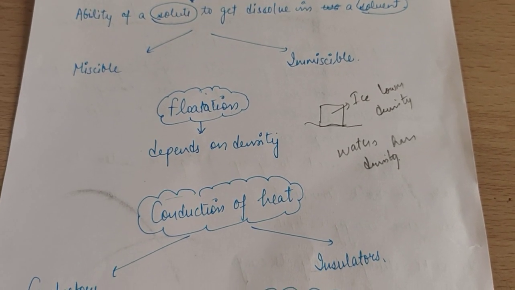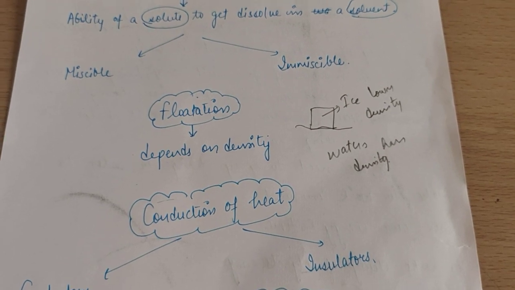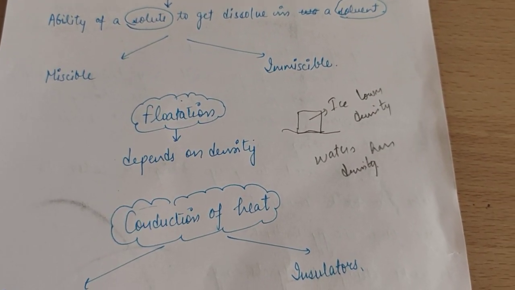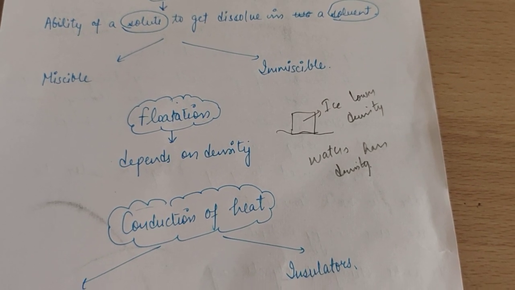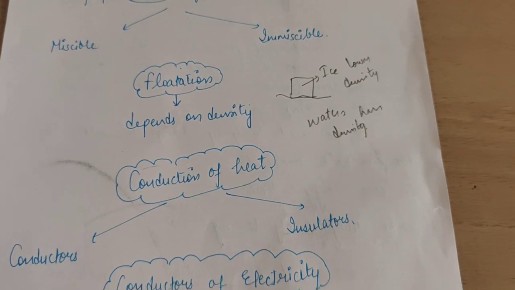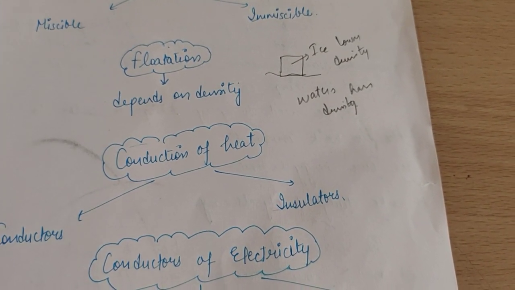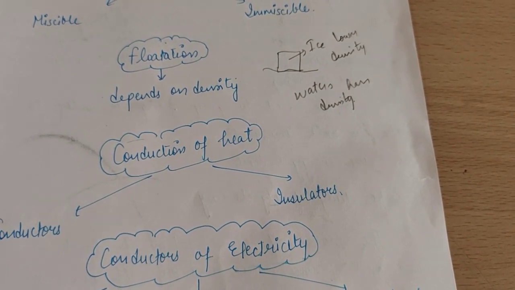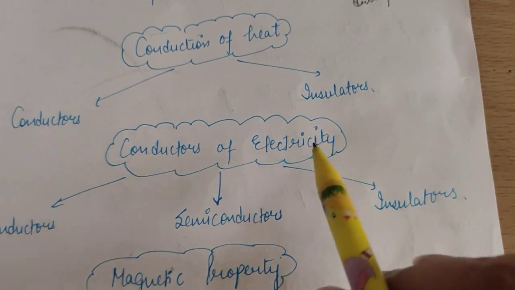Okay. Then you can say stone. Stone is heavy. It has higher density, so that's why it can't float on water. In the same way, leaves have lower density, so that's why they can float on water. Fine, students. So in this way you can also group together the substances around you in two groups: the substances which can float and the substances which cannot float.